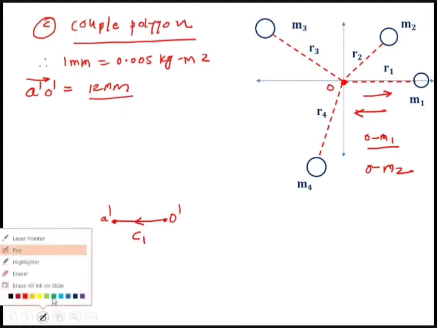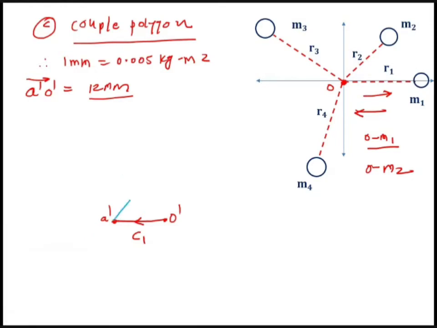And change the color pen here. So this is A dash B dash. What is this A dash B dash? It indicates couple C2. And what is the length of C2? Vector A dash B dash, 12 mm. We can now see all the remaining couples are positive, right? So all the couples are positive. So they will act in the direction of OM2, that is the radially outward direction.